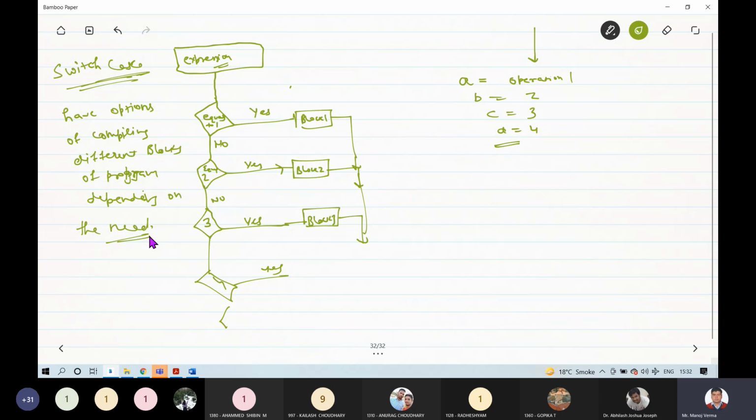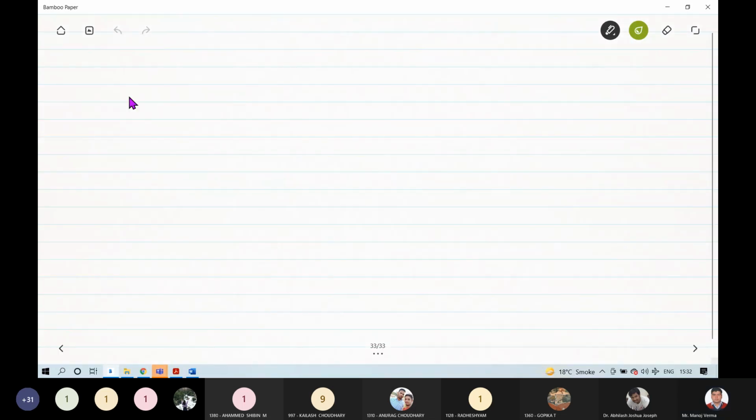What I mean to say by block, you will see in an example. But before that, I want to give you the idea of syntax of these switch cases.